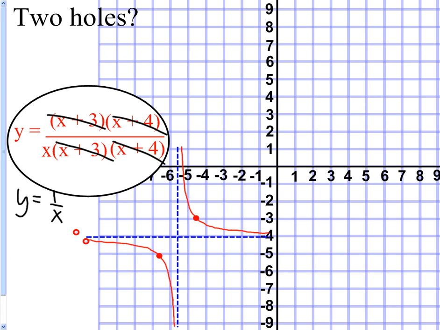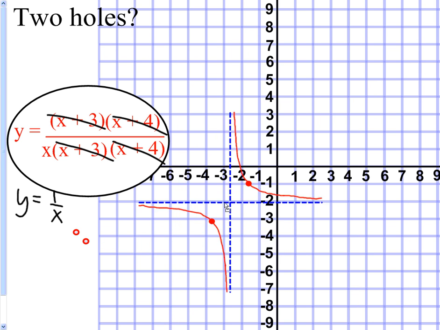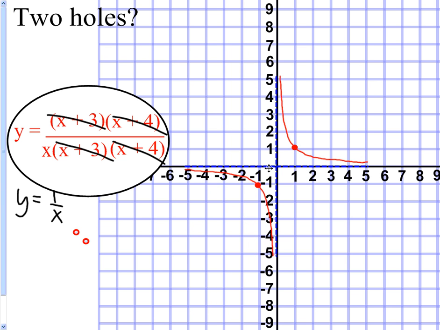Isn't that the original? That's the parent one. So I'm going to move this to the parent spot. That's the normal. Hasn't been shifted at all. But there's 2 holes. One's at -3. One's at -4. Here's the hole at -3. Here's the hole at -4. Get that? So you just graph it like normal. And at the one spot where things canceled, make a hole in your graph, implying that there's no way to